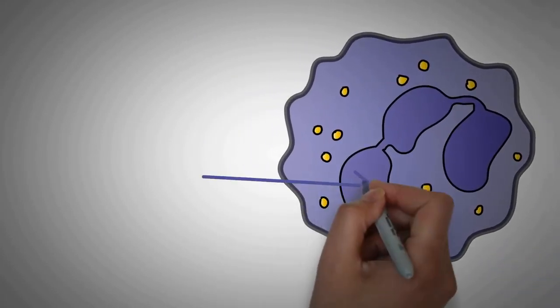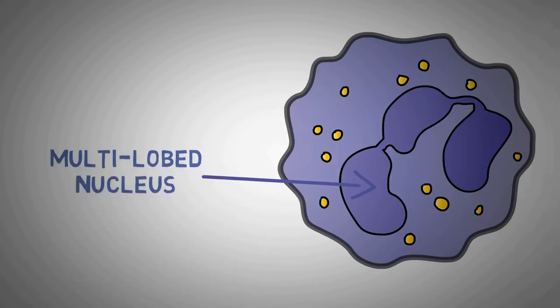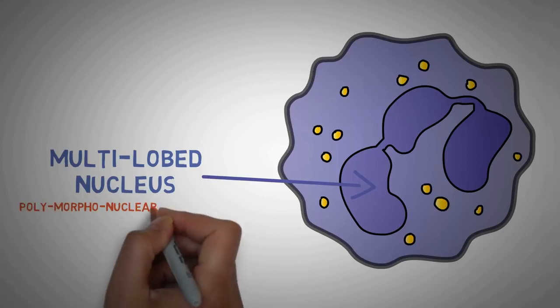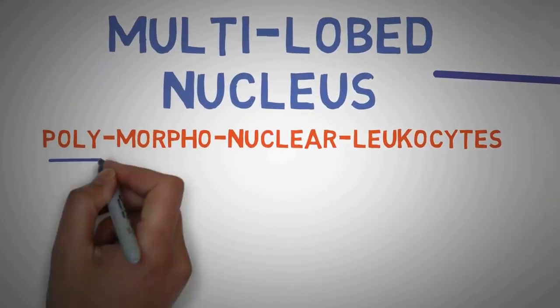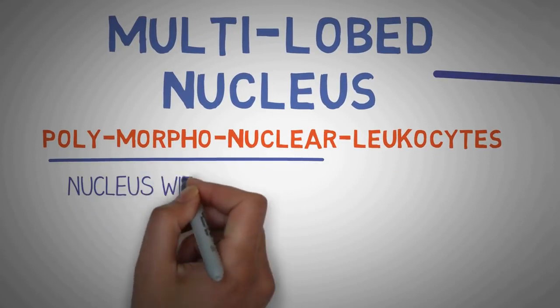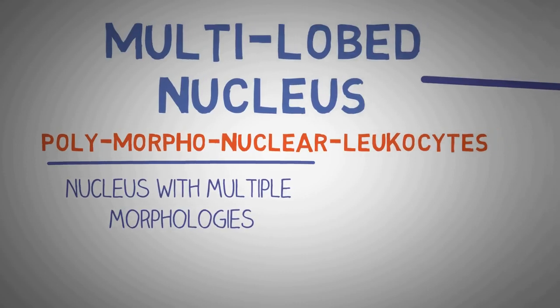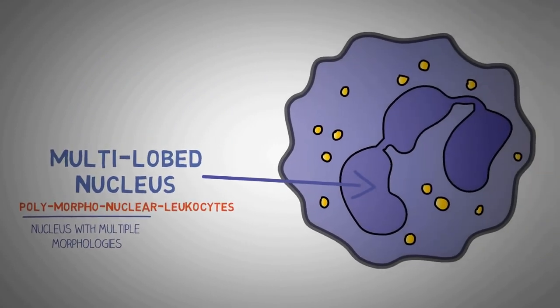If you look at a neutrophil, it has some characteristic features. The first thing you would notice is the multi-lobed nucleus of the cell. This is the normal appearance of the nucleus, and this is the reason why neutrophils are also known as polymorphonuclear leukocytes. Polymorphonuclear meaning the nucleus of the cell has multiple morphologies, meaning some neutrophils have 2 lobes in their nucleus, some 3 or 4 or 5. So there are multiple morphologies that the nucleus of these neutrophils can have. So they are also known as the polymorphonuclear leukocytes.